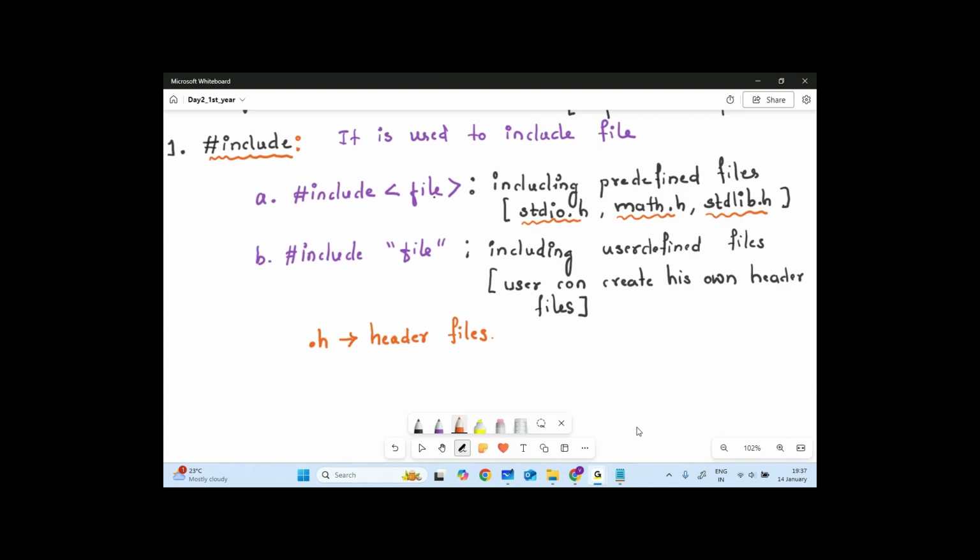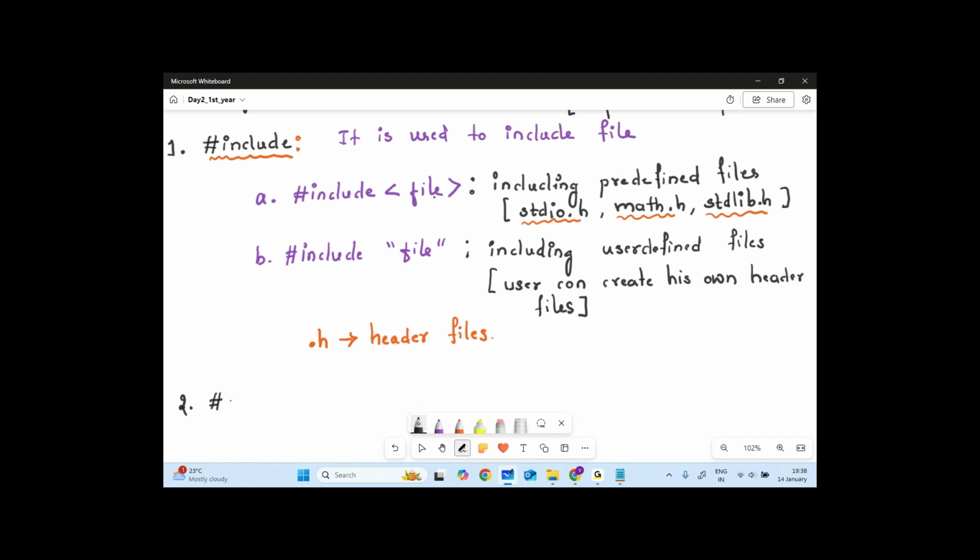These are instructions to the compiler. There are two ways of using it: one is angular bracket, another one is double quote. And .h files are called header files. Okay, now next part. There is another basic preprocessor directive, that is called